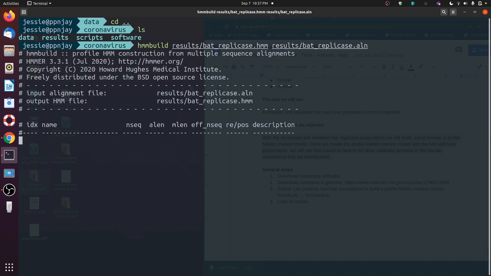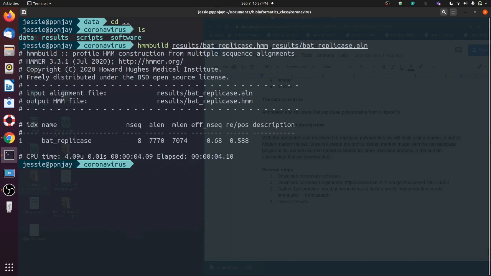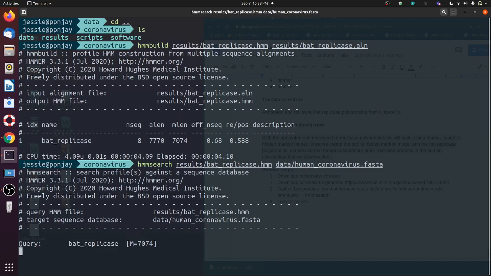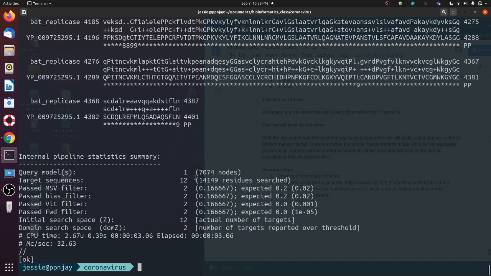Press enter. It creates the model, and then I don't know what I was thinking earlier, but we'll do hmmsearch, and we'll use the result from the past that we just created, the HMM, and then we give the data, the human genome. There it is. Now it runs,